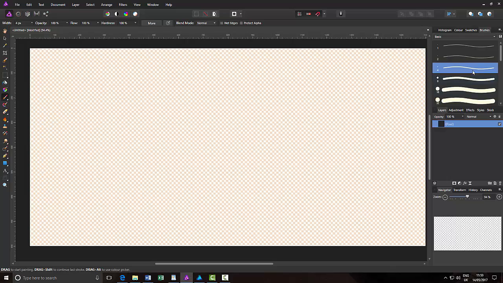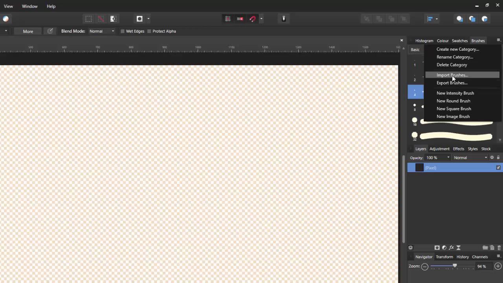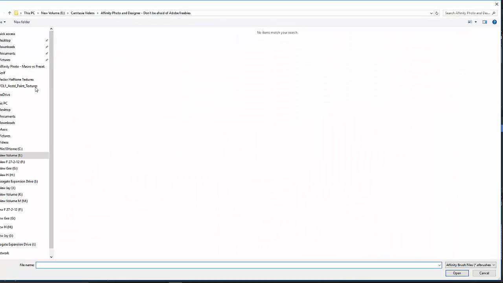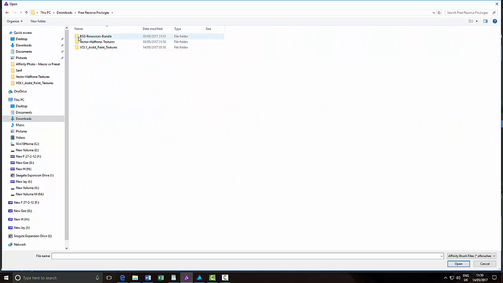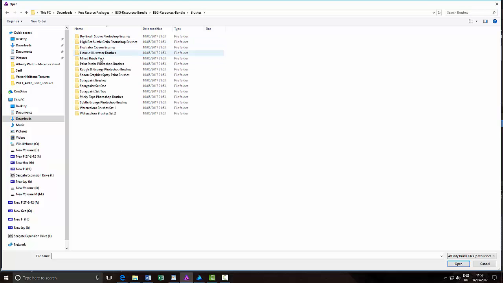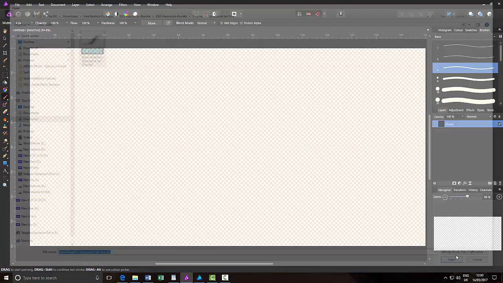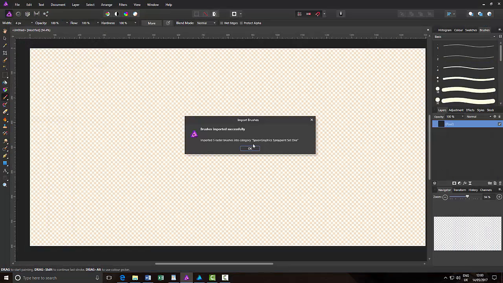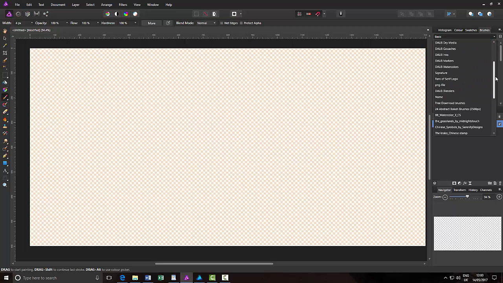So I'm going to go to the brushes tab and then import brush, and brushes, spray paint set 1, click on that. Okay, so that has now been imported. So if I then have a quick look at that,